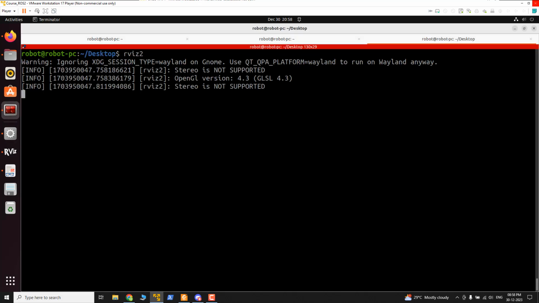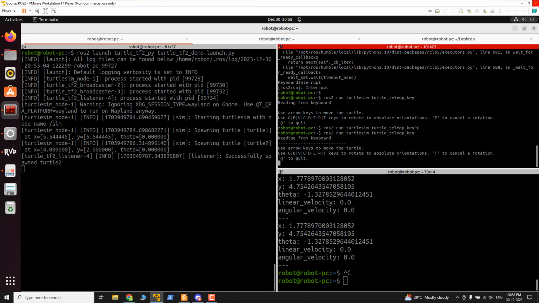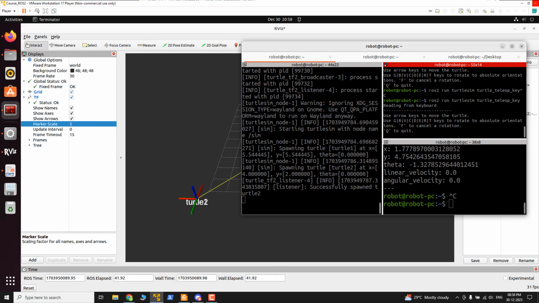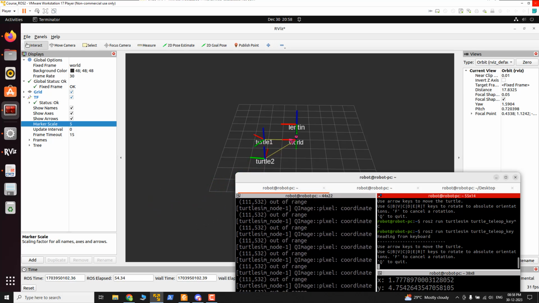Okay, and if I'm moving the robot, I mean teleoperating, you can see the lengthen frame is not changing. Okay, that is with respect to the world frame. Okay, and I can show you another thing,